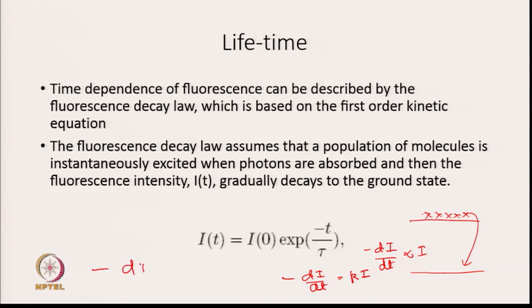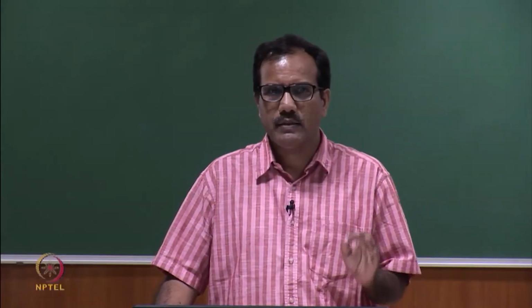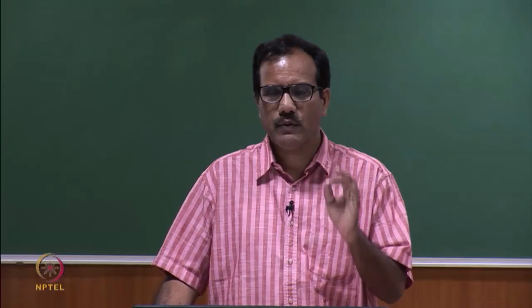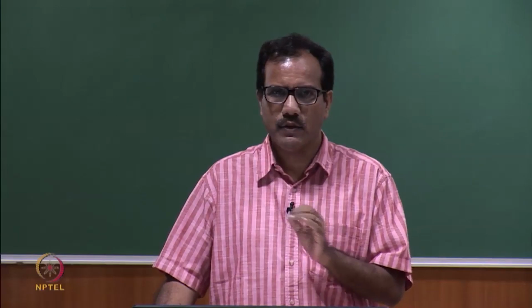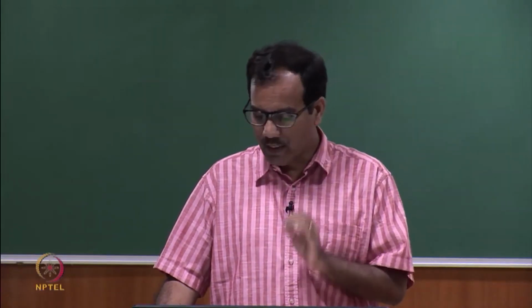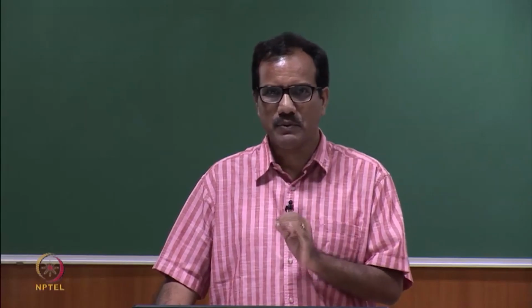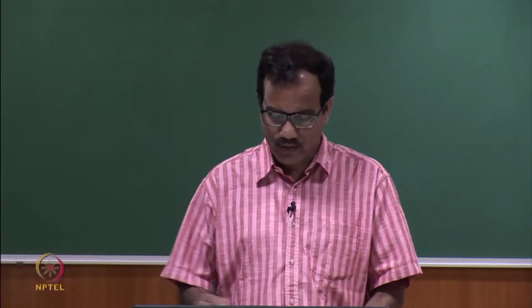So, you can simply write dI/I is equal to k dt, and when you integrate this, you get I is equal to I naught exponential minus t by tau, where tau is simply 1 by k. Here it is assumed that the fluorescence decay follows first order kinetics. So, we can simply write minus dI/dt is proportional to I. When you do that, you get this equation,